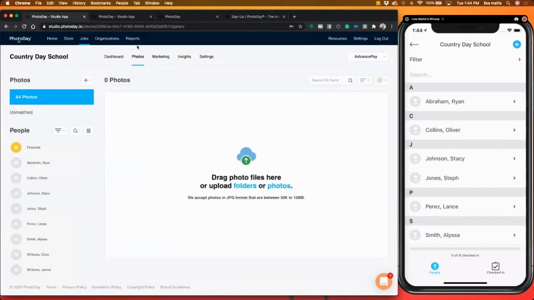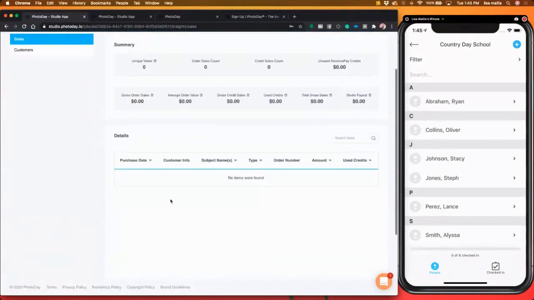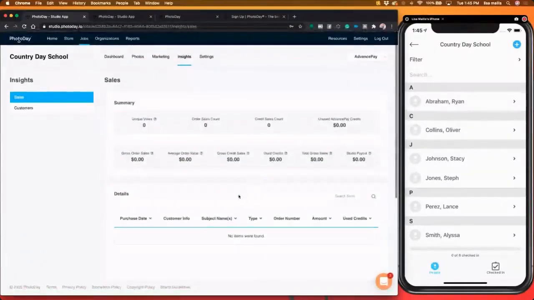So let's talk about picture day. So everyone got their email. Everyone's making advanced pay credit purchases. You can actually check it in Insights and see how many people are clicking the link, how many credit sales happened so far, who bought credits will appear. So at any time you want to go in,